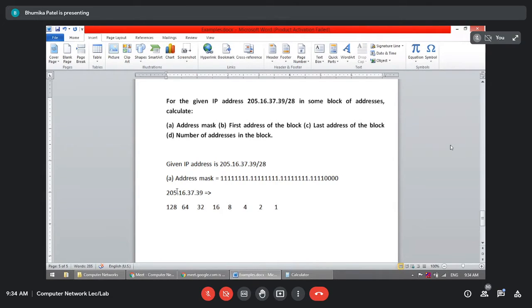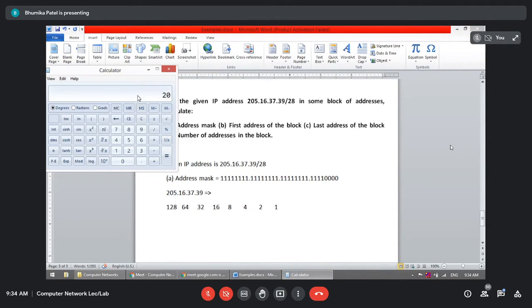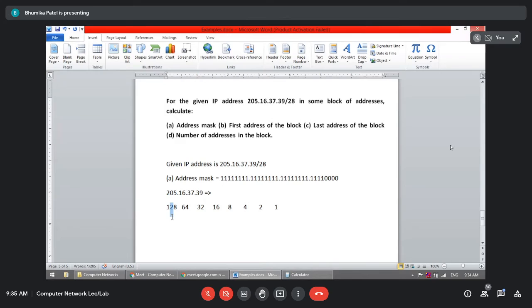Now just compare this 205 with the first one, that is 128. So 205 is greater than 128. Just write here 205 minus 128, because we can perform the subtraction, right? That means we have already used the bit 128. Okay, so on the 128 I'm going to put 1. 205 is greater than 128, that's why I'm putting 1. Does everyone understand what I'm saying? Yes, ma'am.